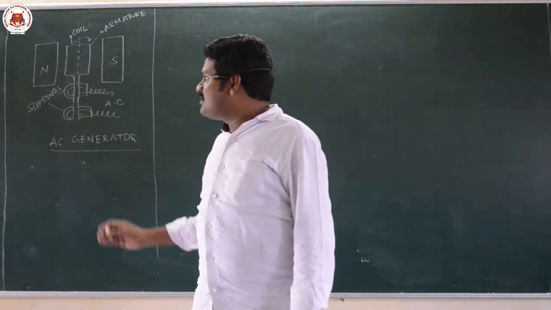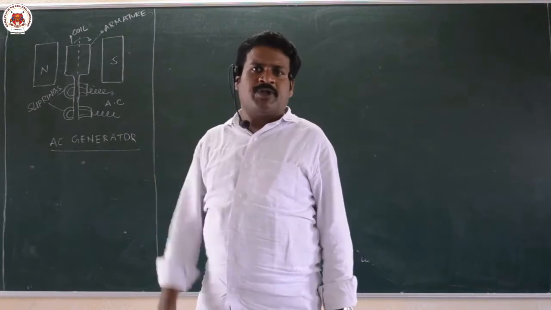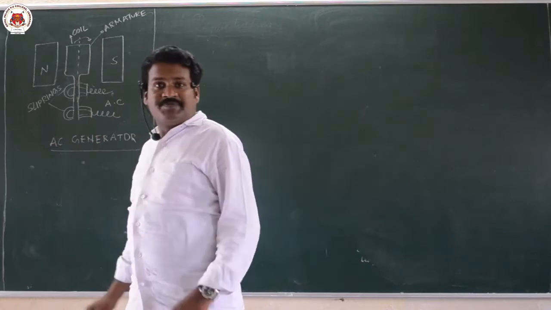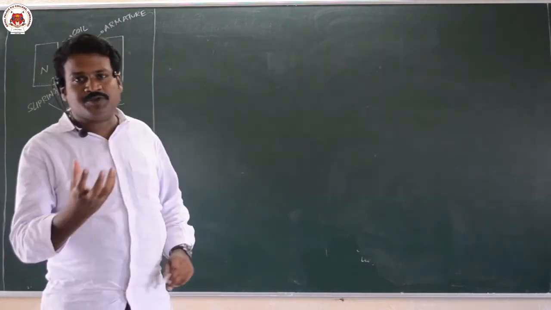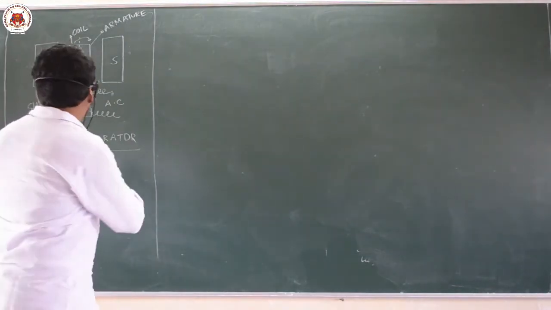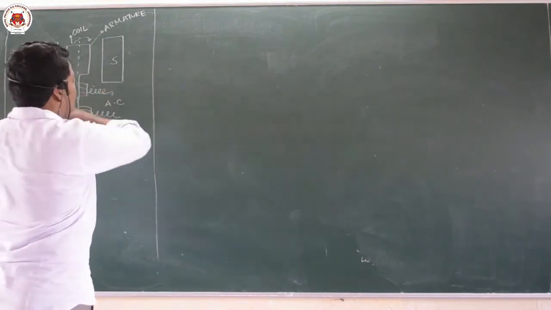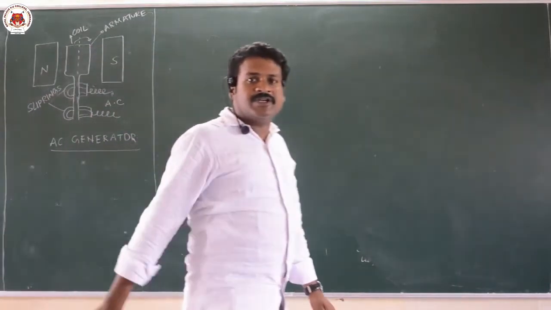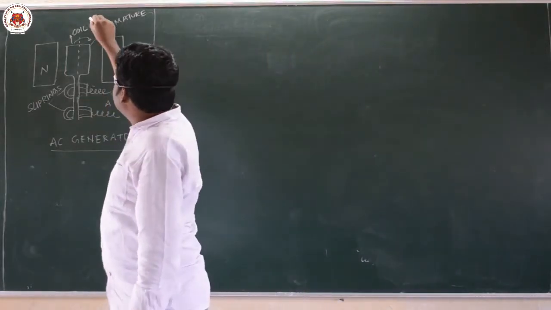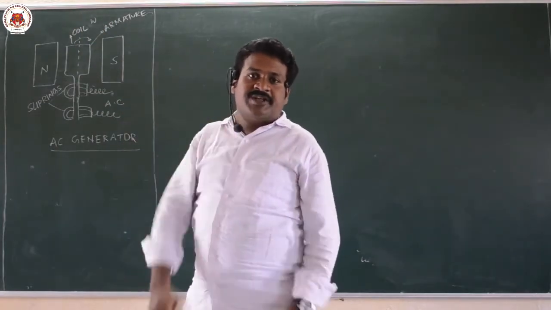If you see the generators which we are using in our day to day life, we use petrol or diesel in order to rotate the slip rings. So when we use a pump or any machine to rotate, the coil is rotated inside the magnetic field. Then when the coil is rotated, we will get EMF. Let us assume the coil is rotated with an angular velocity omega, then we can generate an EMF.